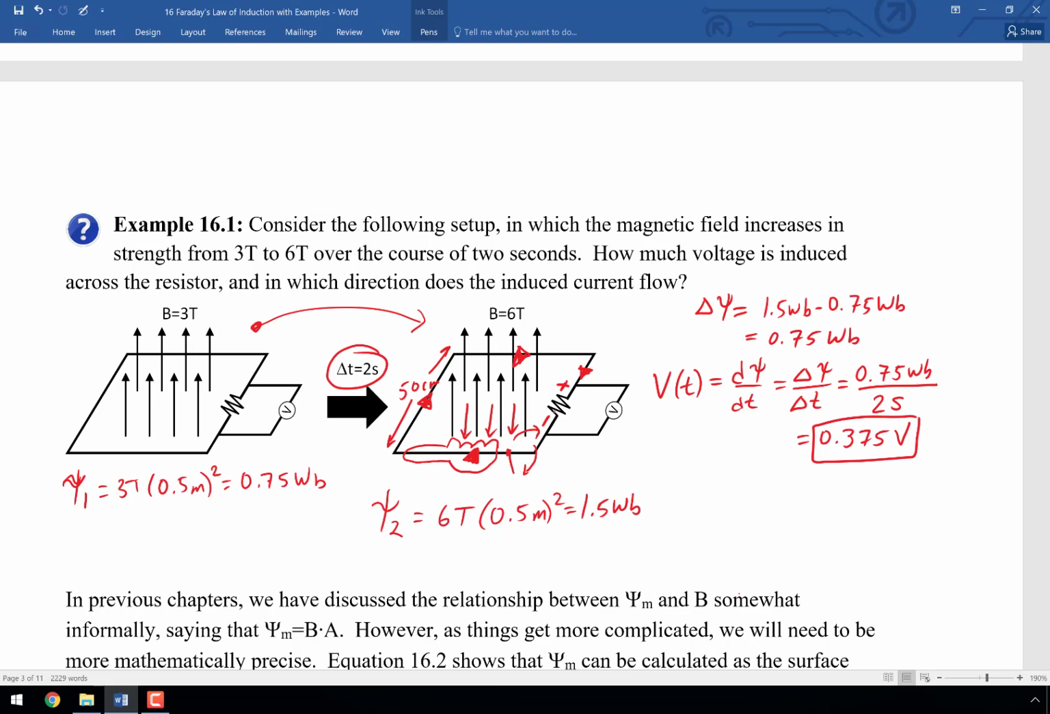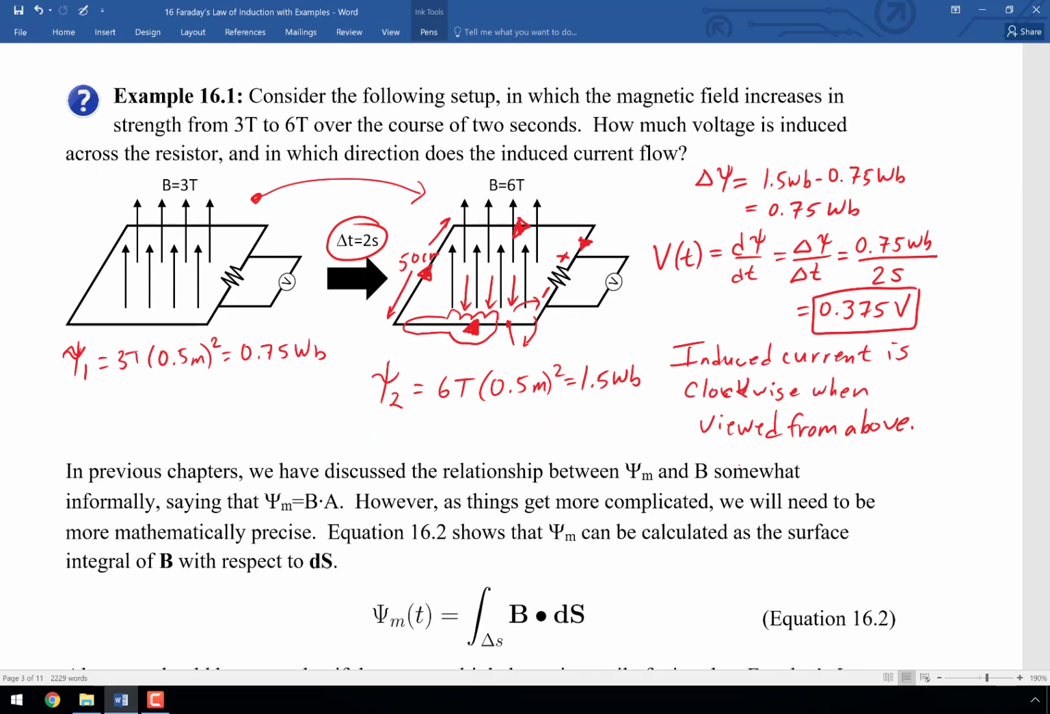So it would be clockwise, so the induced current is clockwise when viewed from above. Whenever we say something like clockwise or counterclockwise, we always have to specify that it's going to be when viewed